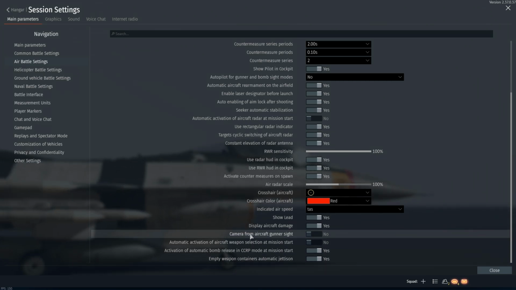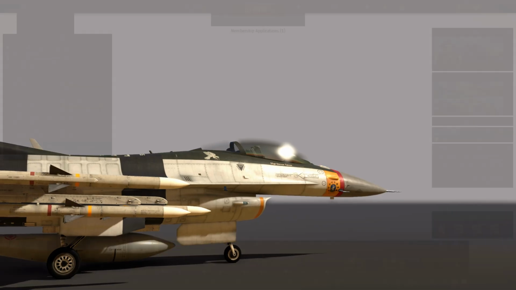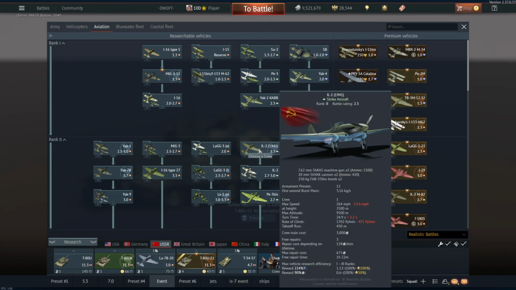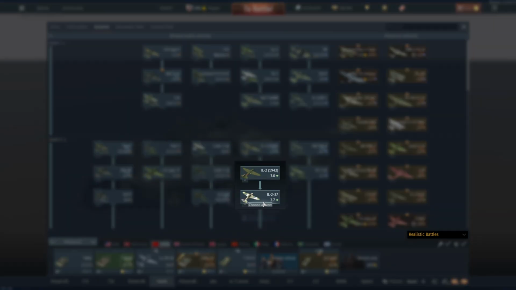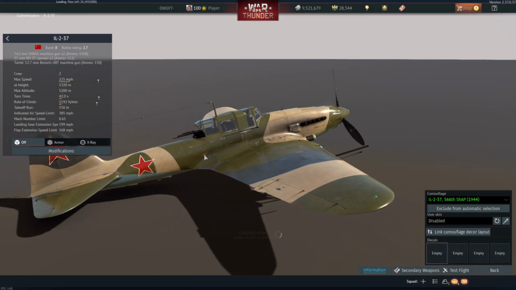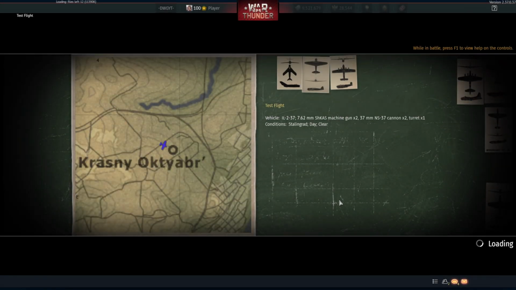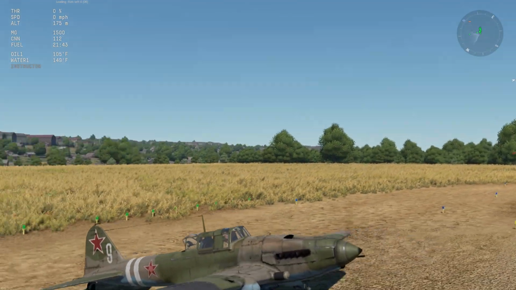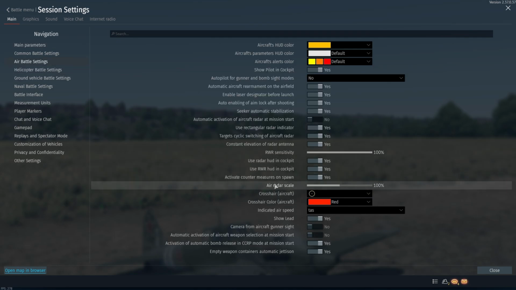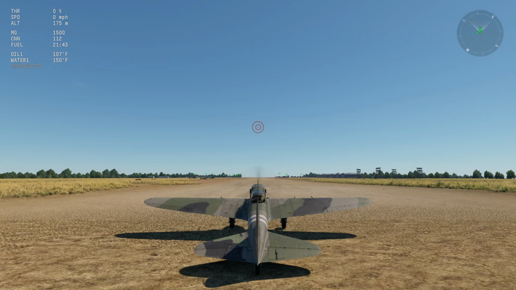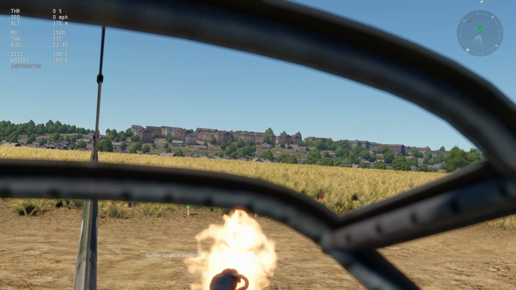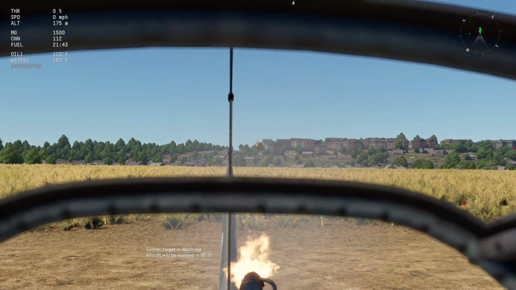Now this one's an interesting one, camera from aircraft gunner sight. I'll once again have to show you this one because it's kind of hard to explain. If you take, for example, an IL-2, which I believe does have a back gunner, yeah, the 37. So if we take the 37 with the back gunner, you'll see there's actually a difference if you have that setting on. If we go into the gunner, we have a very wide angle view. Now if we turn that setting on, you get into this one. To me at least, this one's easier to shoot, because it's basically just aiming at it and firing,